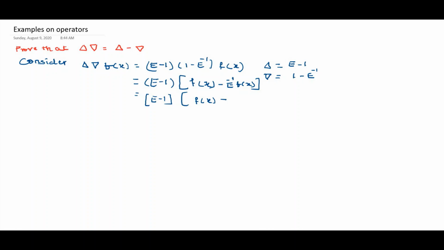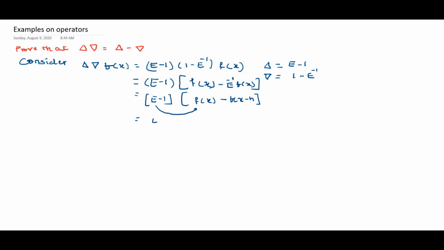Now you can apply the shifting operator for this term. To eliminate this e raised to minus 1, you have to add minus h here because the power is equal to minus 1. So we can write it as f of x minus h, and this is equal to, now simplifying, multiplying first e to this term,